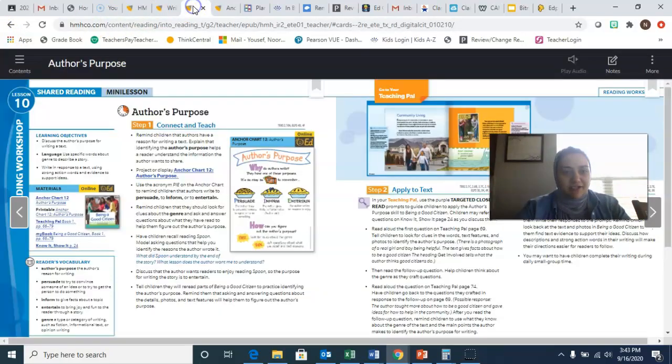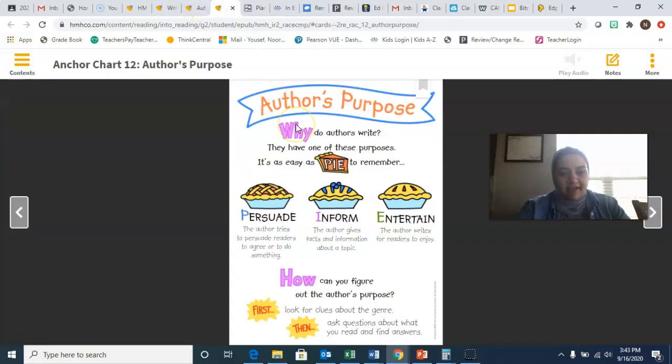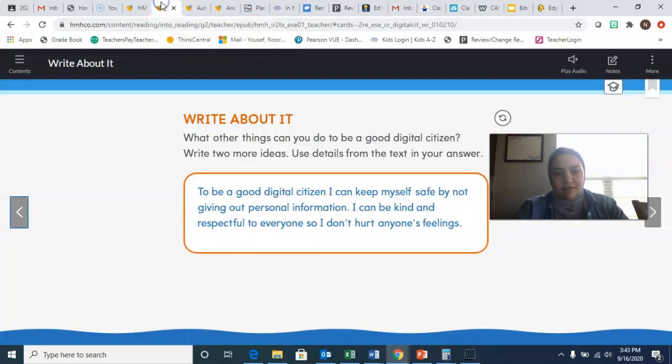Let me just make sure. Oh, in this anchor chart, I went ahead and posted onto the HMH site under my assignments, so you can always go back and refer to it there. All the stuff that's on there, there is a due date, so it is time sensitive. So please make sure you're not just saying, oh, I'll do it in a week. I'll do it soon. It will go off and you won't see it again. So make sure you're on there, okay, guys? It's really important. All right, if you have any questions, let me know.